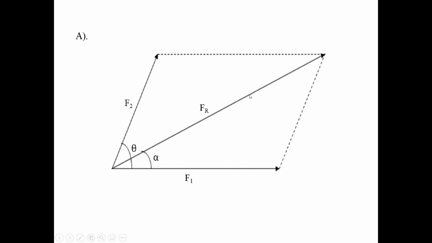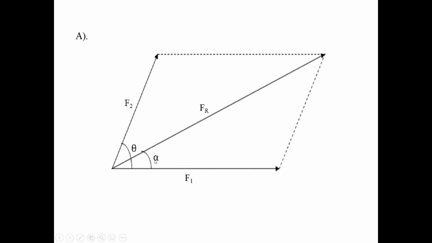In the second condition also, the direction of the resultant force is the same as in the first condition. That is the meaning of unaltered. So there is no change in the direction of the resultant force. Since the direction of the resultant force remains the same, in the second condition also, the resultant force makes the angle alpha with force F1.